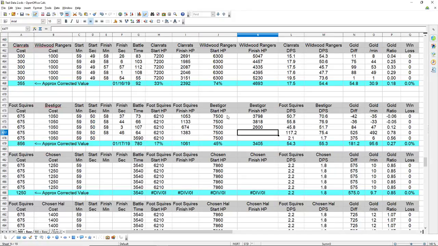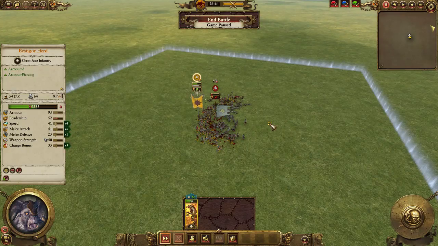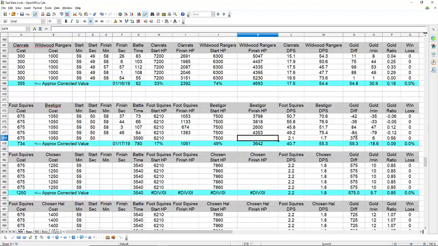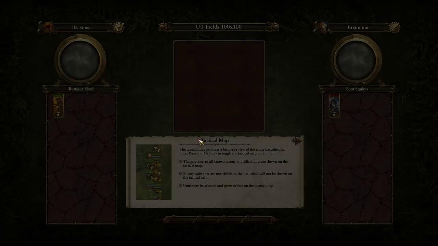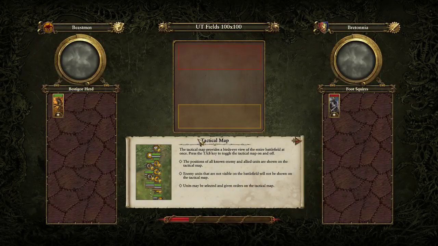Because the shorter the fight goes, the better it is for the Bestigors with their big charge bonus. 43.53. Yeah, pulled 84 gold that time, and that was the shortest fight so far. So we got one more. Quit battle, or rematch, and we'll see exactly how the value sort of draws out for this